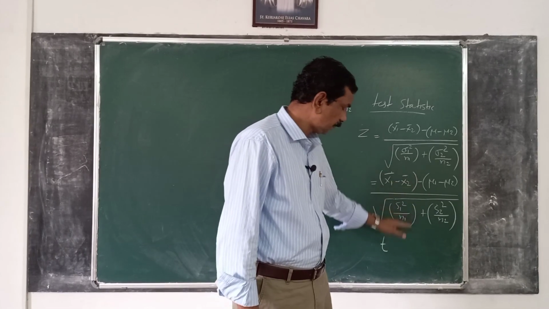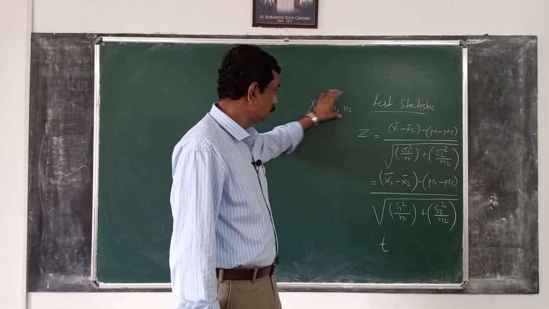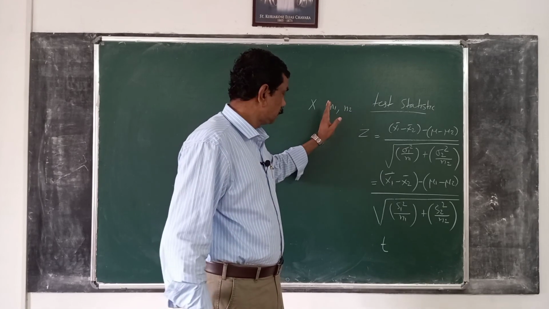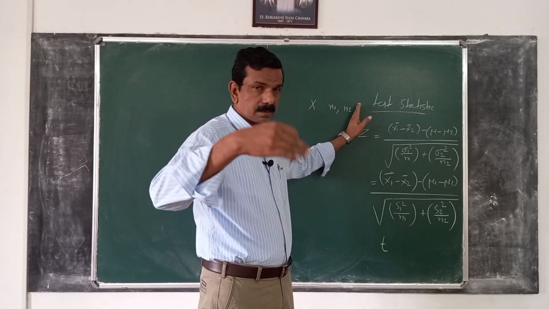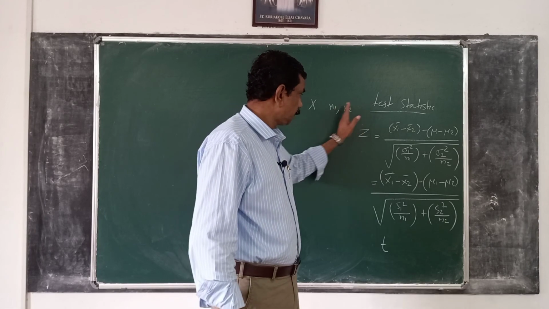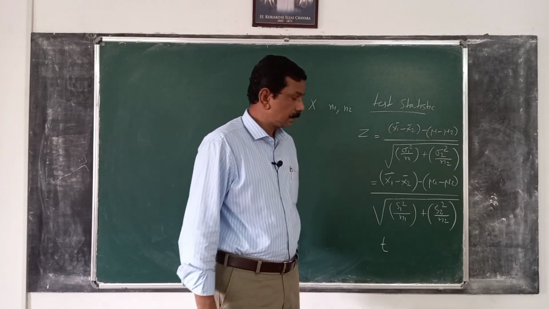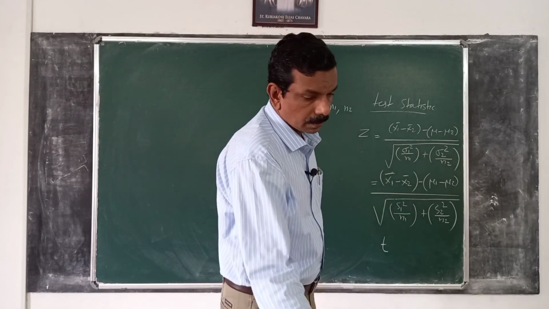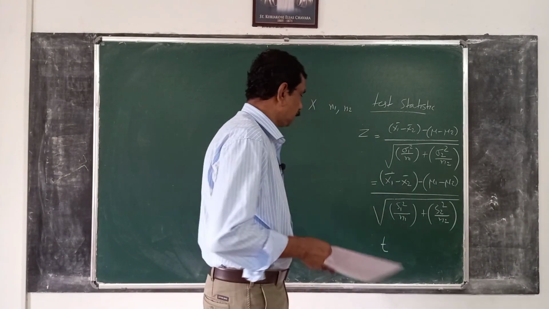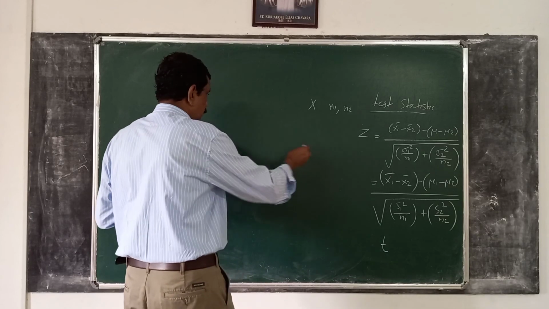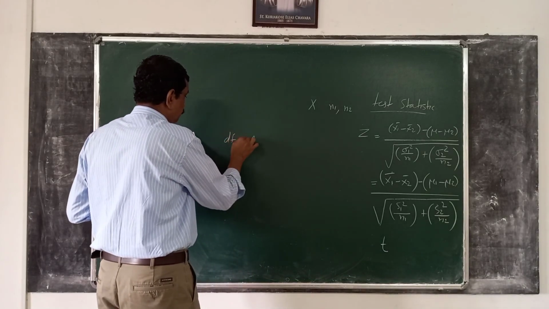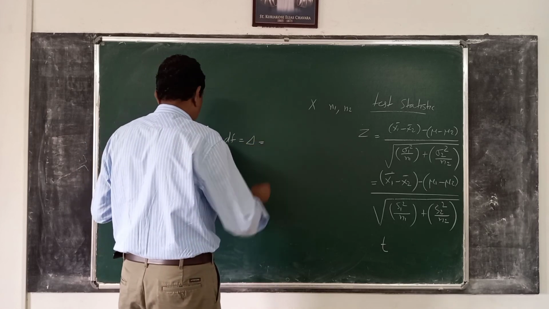So this quantity, if x is normally distributed on both populations, follows t distribution with the degrees of freedom. It is a little complicated formula. I write degrees of freedom as delta, equal to